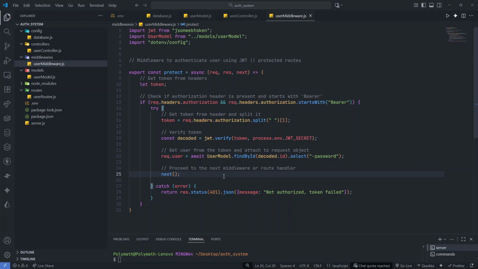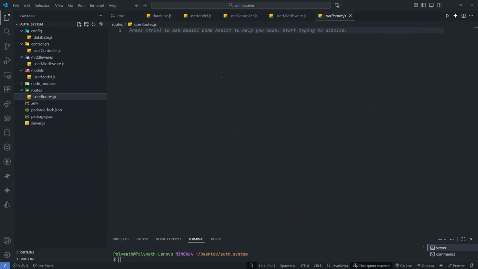And we've already written the code for our catch block, so our middleware is ready. This middleware is done. Okay, now we have middleware done. We want to work on the route file. So for the route file